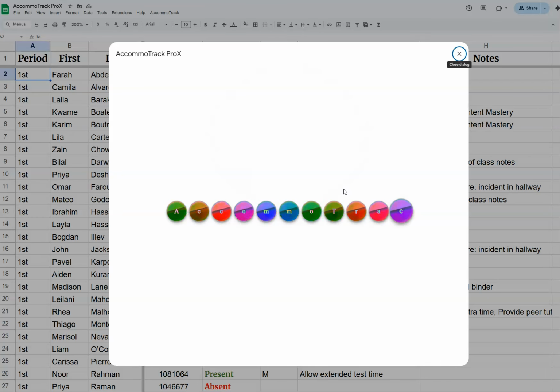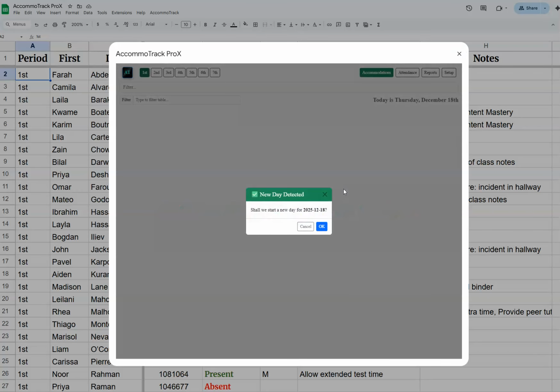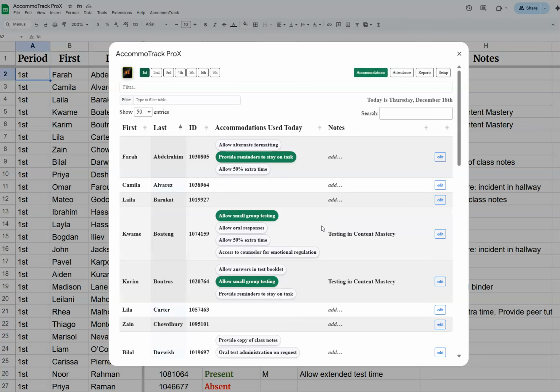And what it's going to do first is look at yesterday's date and realize that yesterday's date is not the same as today's date. And it's going to ask, do we want to start a new day? And the answer is yes. So by clicking OK, all of the information from yesterday is going to be saved. Everything is saved in the daily log,